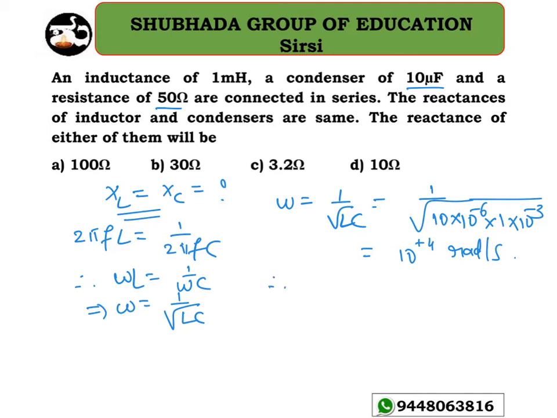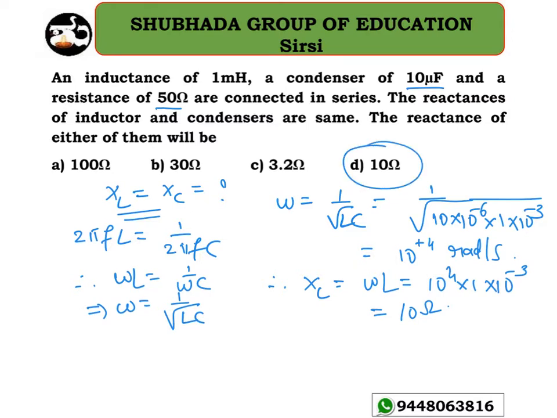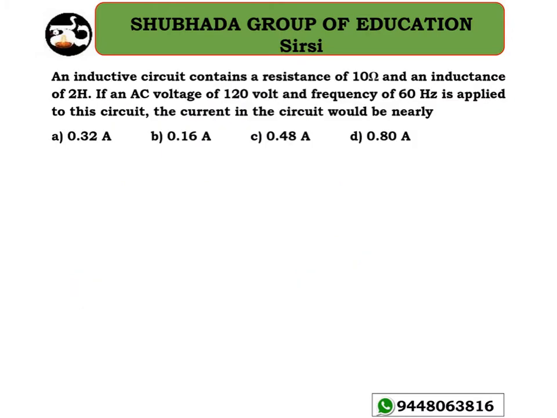So therefore, what is the value of XL equal to, you know that omega L? Omega is 10 to the power of 4, and the L value is how much here? So it's 10 into 10 to the power of minus 6. Correct? Is it or not? No, it is not. This is nothing but 1 millihenry. Correct? 1 millihenry. This is 1 milli, 10 to the power of minus 3. So it will lead you to get the answer as 10 here. Okay, so I'll get the answer as 10 ohm. So option D is the right answer for this one.